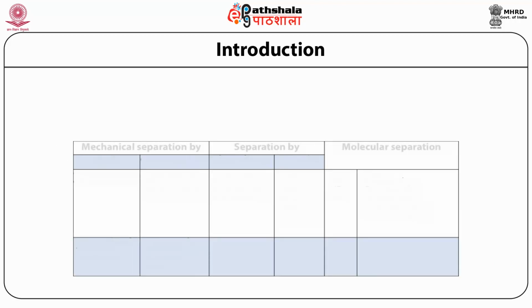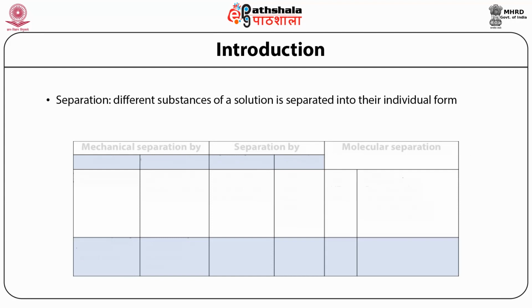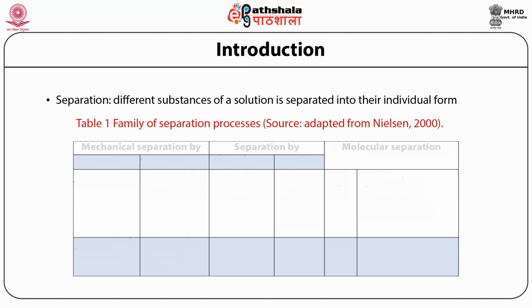Introduction. In a separation process, different substances of a solution are separated into their individual forms. Single or multiple principles are used to separate a target molecule. A complete family of these processes is available, in which membrane filtration is mainly used for molecular separation. As shown in table 1, which is showing the family of different separation processes, here we can see that